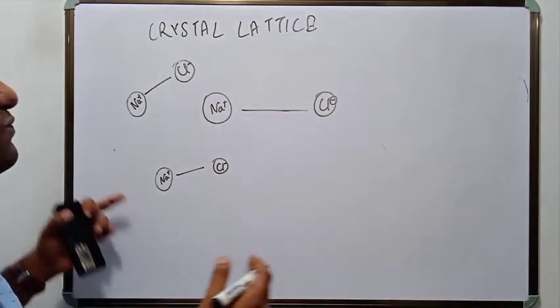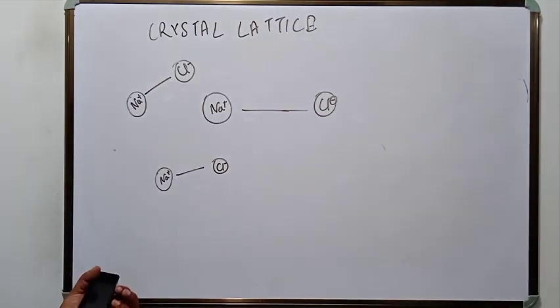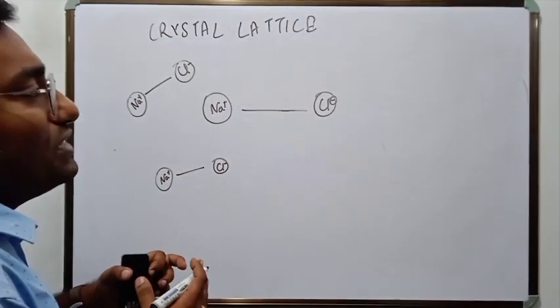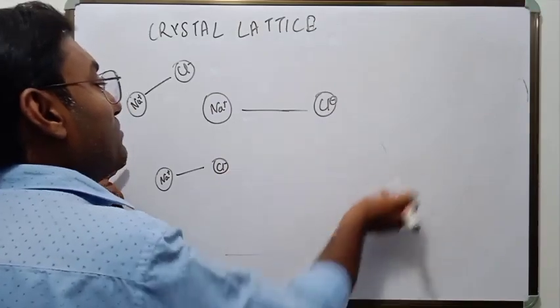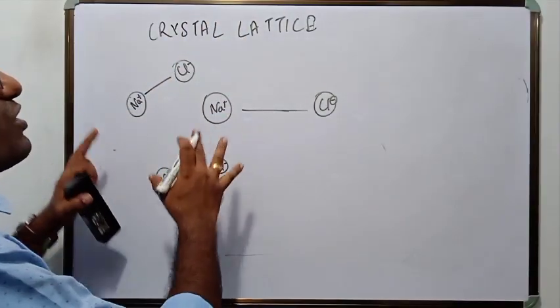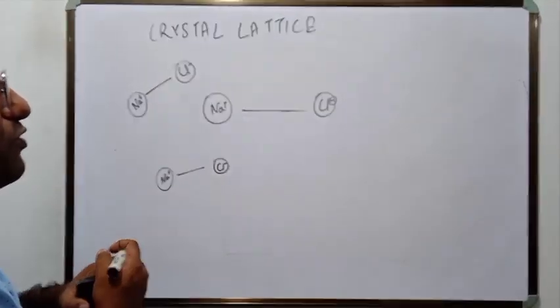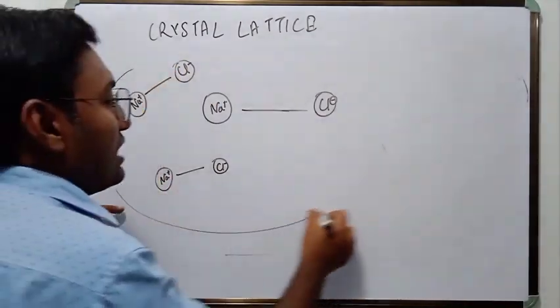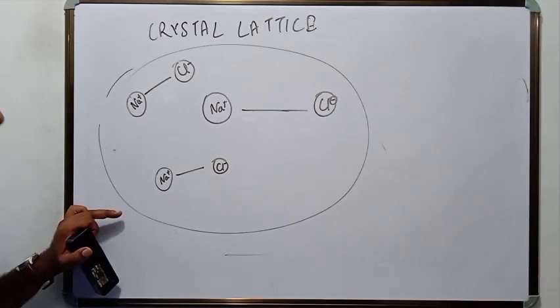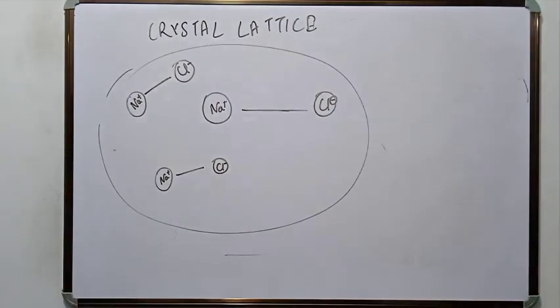So when you are taking Na+ and Cl-, you are taking some quantity, correct? You are not taking only 2 atoms. So millions of compounds simultaneously will go for ionic bond formation, and that will lead to the formation of a crystal. Now the question that comes before us